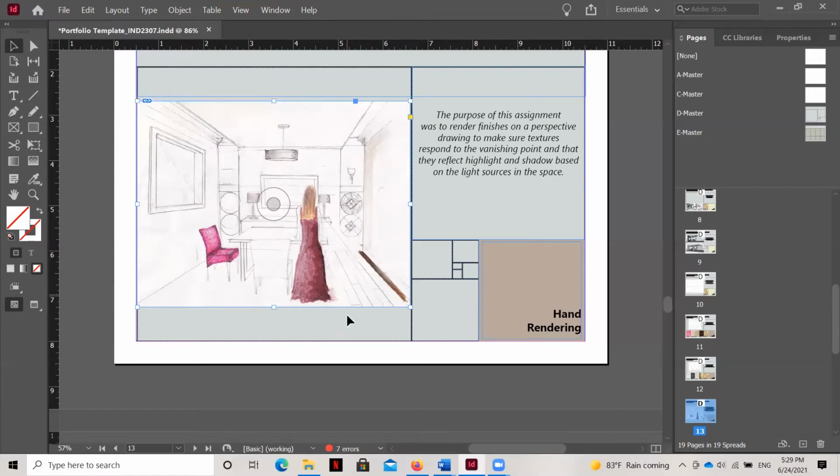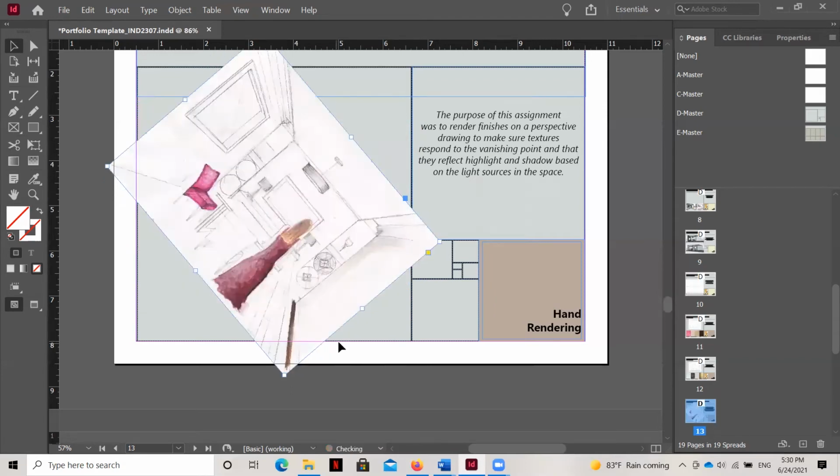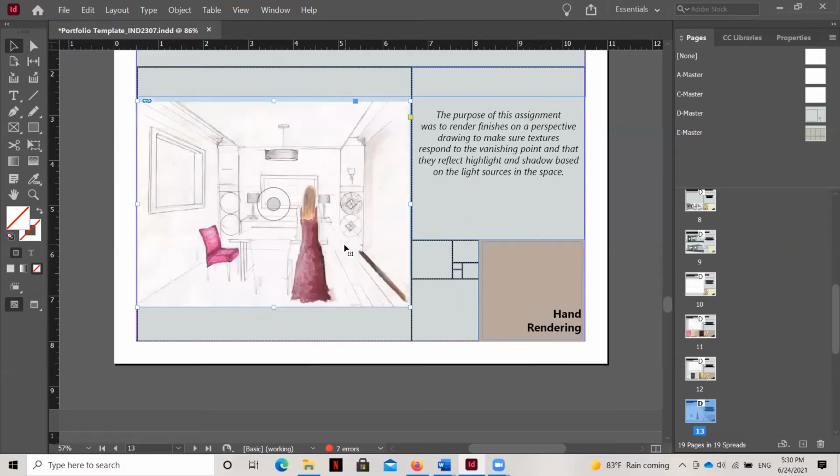Okay. Now what I want to do is show you a couple of things about modifying an image. Now, if I click on this and hover over here, you can see if I hover over the grip, I get a diagonal arrow. But if I hover just outside of it and click, I can move this thing around like that, if I wanted to do something slightly unique or skew my image somehow. So I'm going to hit Control Z and undo that.